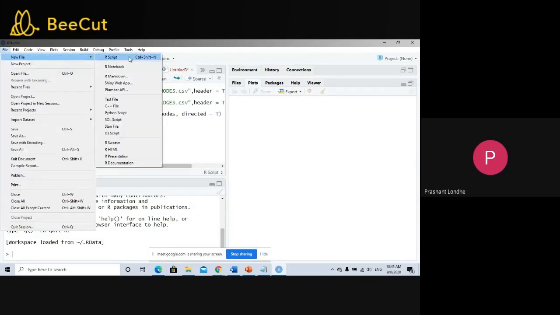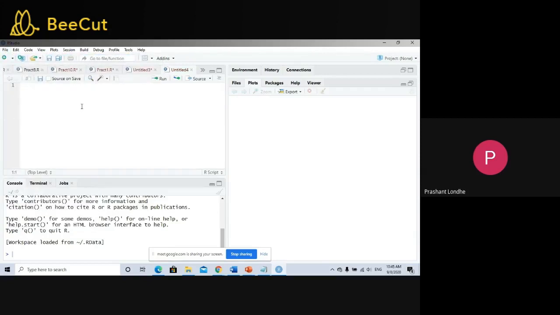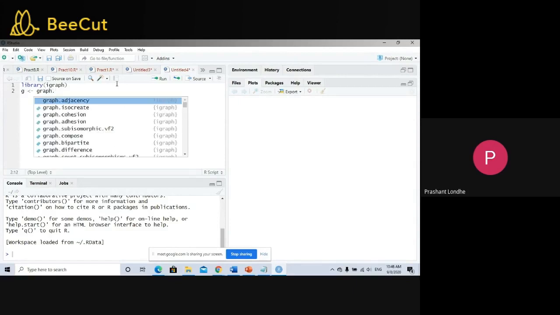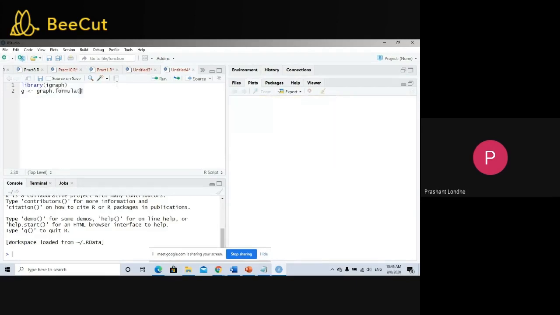Let me define a new R script file, and let me first import our library, that is library iGraph. Now I want to draw a graph, so I will simply do G graph dot formula.